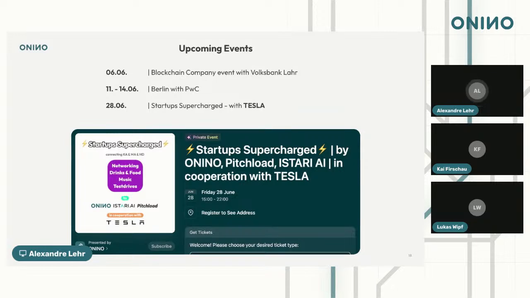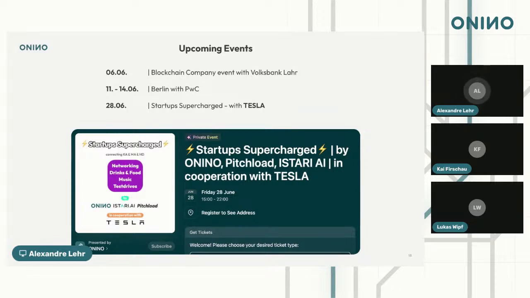And then at the end of June, a cool event has come into play that came to life through a connection from the Paris Blockchain Week. Onino is partnering up with Tesla, something that many of you have expected or kind of dreamt of. We didn't expect it to happen this quickly, and no, Tesla is not going to be using the Onino blockchain yet, but we are having an event with Tesla.